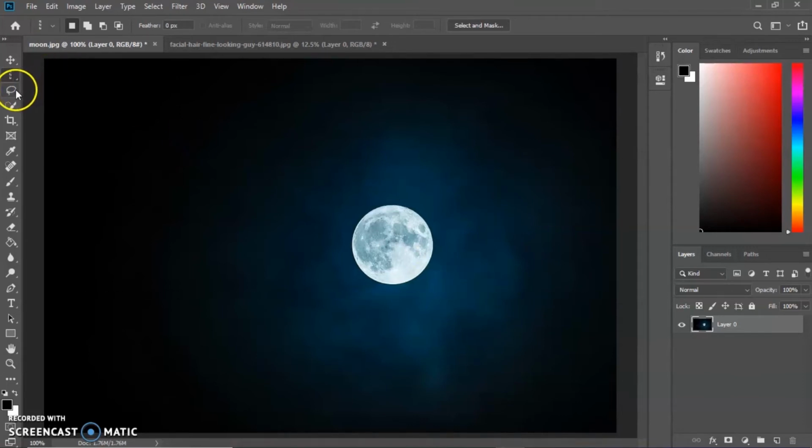Now, moving further to our third tool, that is the lasso tool. It is also used for selecting a portion of an image. The lasso tool is also subdivided into 3 tools. To see the subdivision, let's right-click on the lasso tool. As we see subdivision, the first subdivision of the lasso tool is the quick lasso tool. It is used to select a portion of the image free-handedly in any shape. But to make it select, one end should be connected to another end.